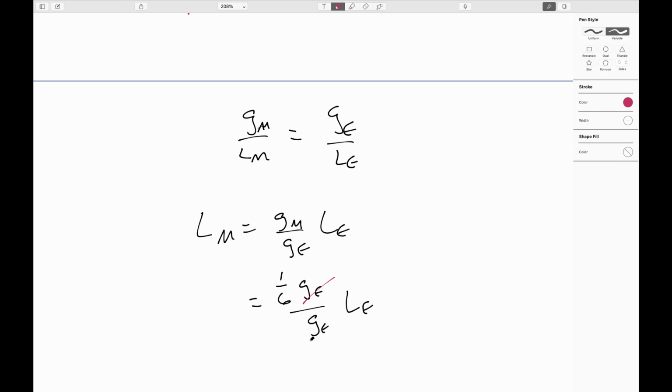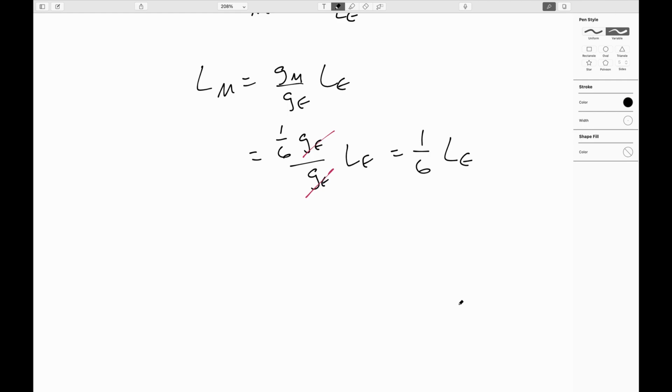So we can cancel those bits. To get that, it should be 1/6 the length on the Earth. Well, we said that that was 2 meters before. So your friend's pendulum should be 1/3